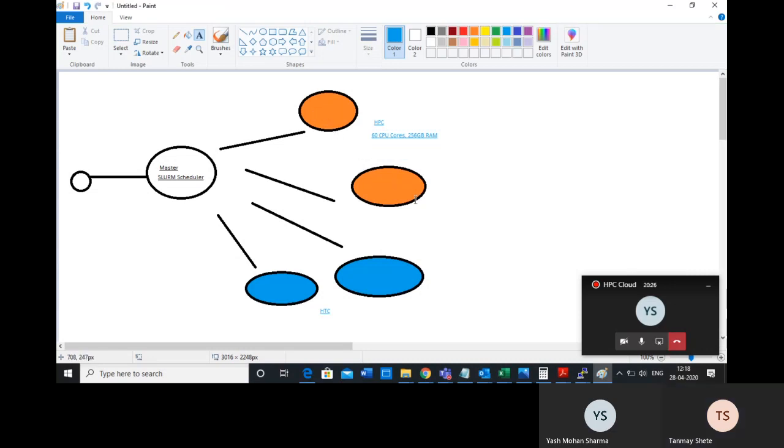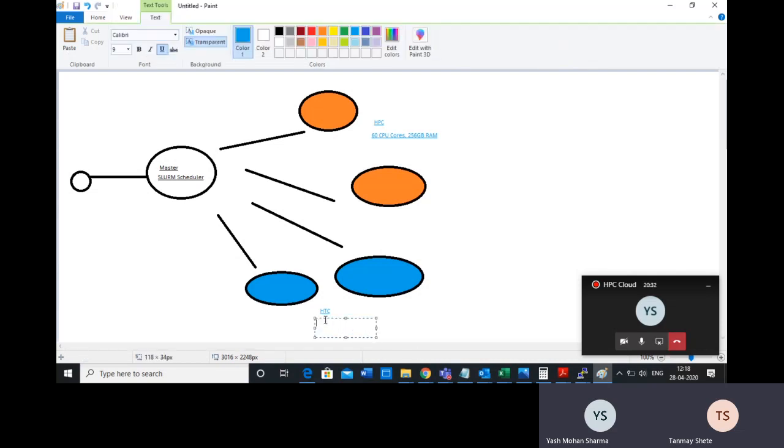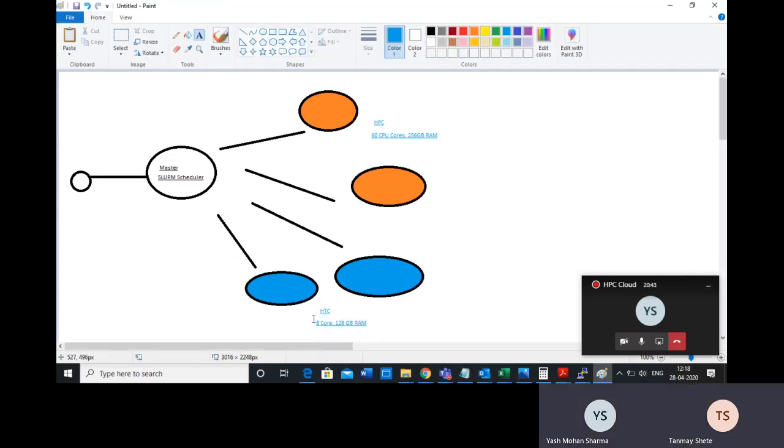Hello, am I audible? Yes. Okay. And on the HTC, it is an 8 core and 128 GB RAM machine. Each machine is of this configuration. So the first one is 60 core, the second one is 8 core.